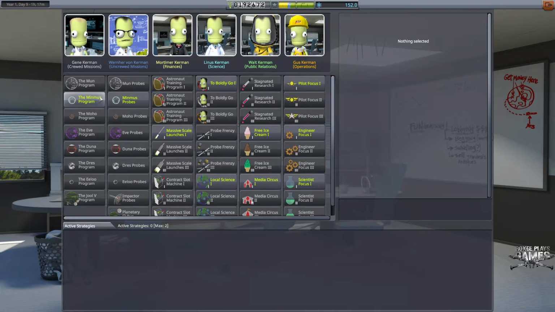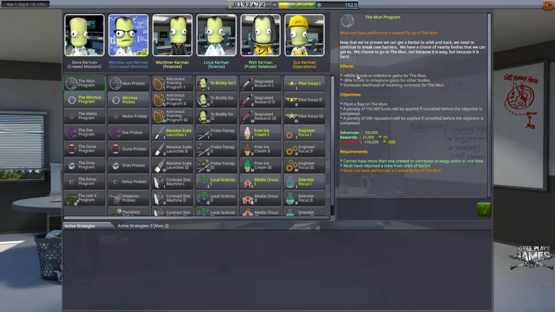Yeah, I think it was 3, wasn't it? We've now got 6. We've got crewed missions, uncrewed missions, and we've got finance, science, public relations, and operations. Now again, because some of these have been done prior to me installing this mod, I can't do them again. The Mun program